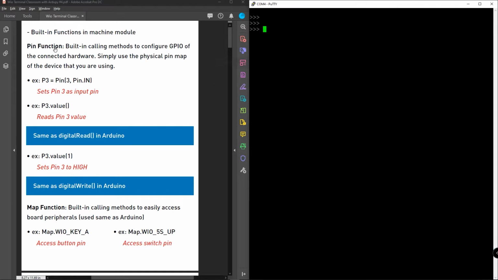When using the pin function, let's type from machine, that's the machine module, import Pin, and type Pin dot and press tab, and you will see all the functions inside the Pin function. The Pin function has built-in calling methods to configure the GPIO of the connected hardware. So if you want to use different hardware with the Bioterminal, you can use the Pin function to define the